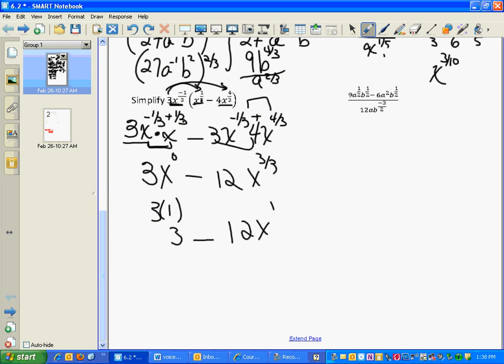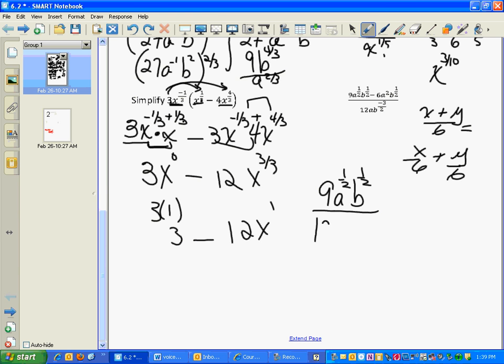This one. Let's do a little side problem. If I have x plus y over 6, isn't that the same thing as saying x over 6 plus y over 6? Right? Okay. I can split my numerator and keep it over the same denominator. Would you agree? That's what we're going to do in this problem right here. Okay, because we're trying to simplify it out. We're going to take 9a to the 1/2 b to the 1/2 over 12ab to the negative 3/2